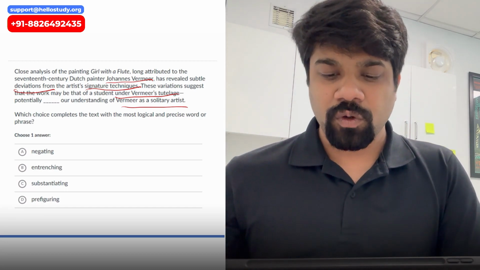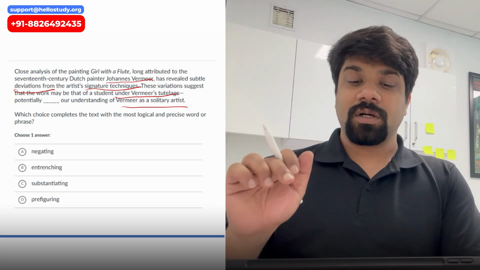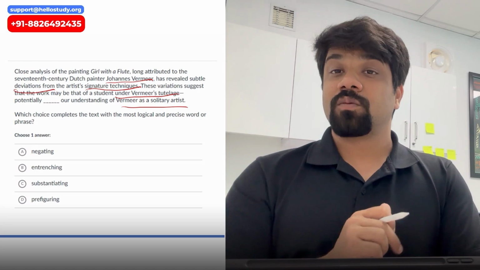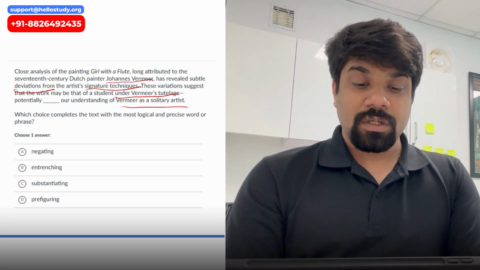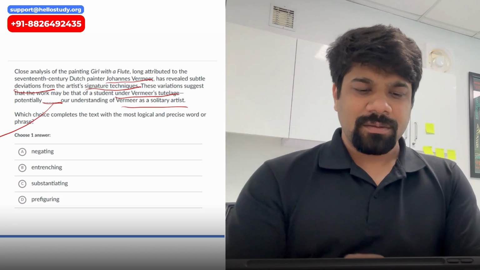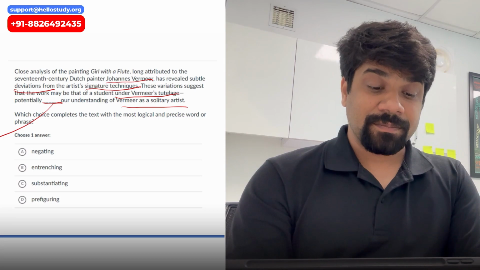Solitary is like lonely, like one person. Certainly, it's not work by Vermeer alone. His student was also there. So here we're looking for a word that would say contradicting our understanding or going against our understanding